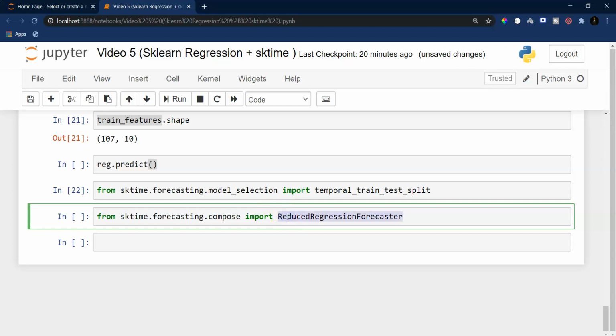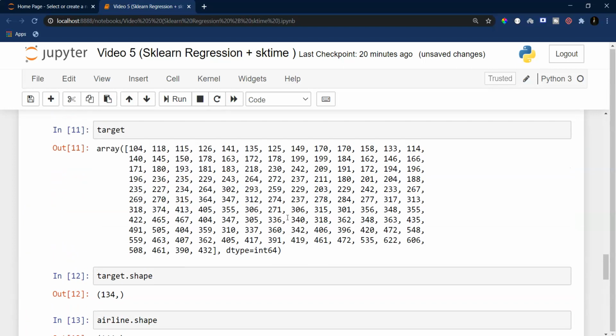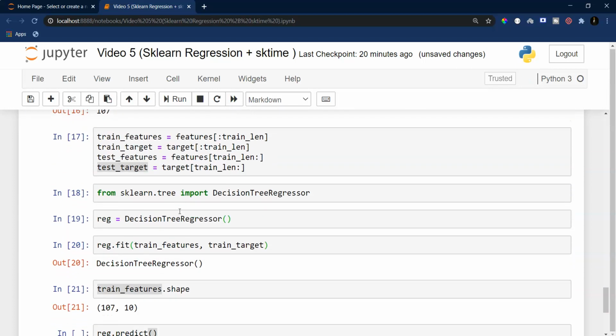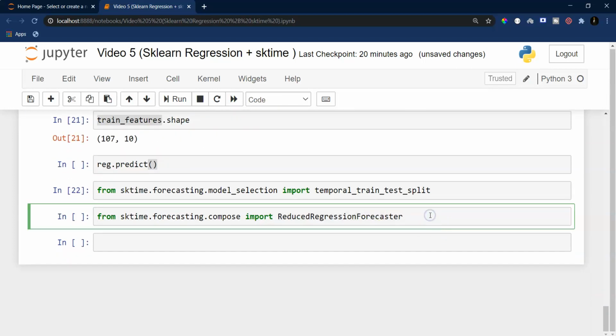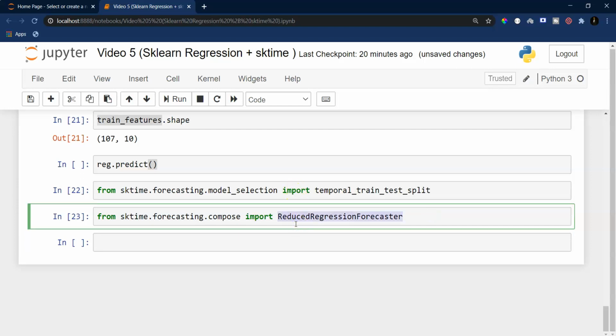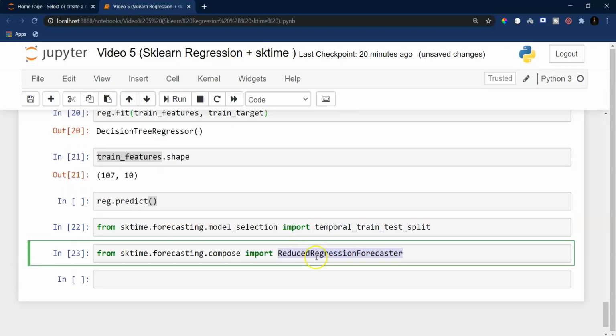Why do we call it a reduced regression forecaster? Because I just told you that this approach is known as the reduction approach, so that is why its name is ReducedRegressionForecaster. Once we have it, we also need sklearn, because it is built on